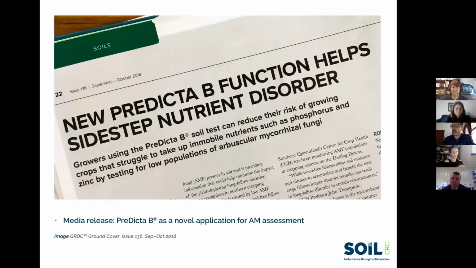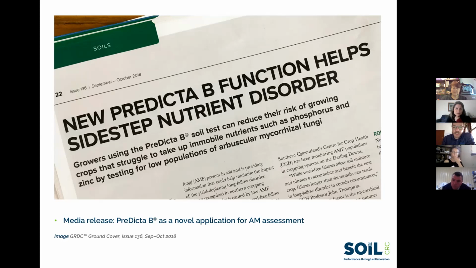Just when I finished this master's project, this came across my desk at the university, and Predicta B had expanded its toolkit to incorporate mycorrhizal fungi. The value proposition of this tool, which is run out of South Australia's Molecular Diagnostics Lab at SARDI, is that by applying a number of mycorrhizal specific assays, you can detect the amount of fungal DNA in the soil. And by doing so, you can establish thresholds which would be important for, say, cereals in long fallow disorder,